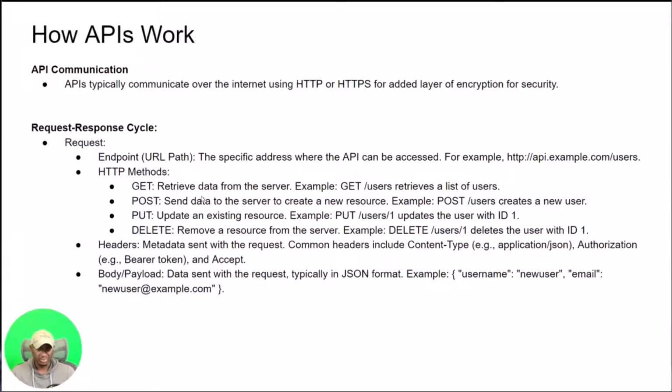In the request response cycle, we tend to communicate via that API through a dedicated API gateway or an API endpoint. You can see in this example, we have something like an HTTP api.example.com/users. As I mentioned, we use typical HTTP methods such as get, post, put, delete, and so forth. And you'll find a lot of HTTP headers within these requests and responses. The most common one that you'll find will be content type, which typically defines the kind of communication data that